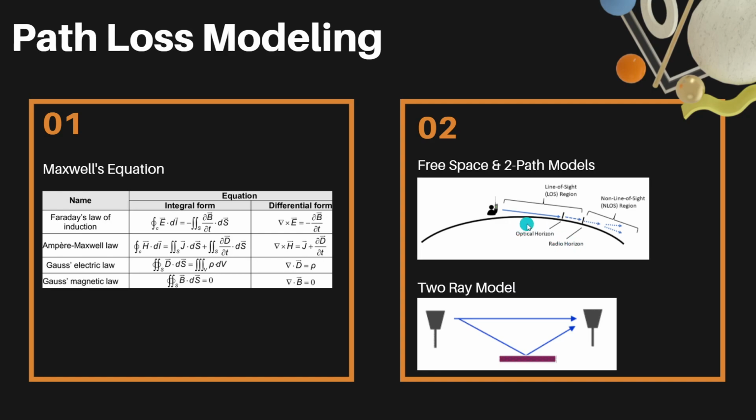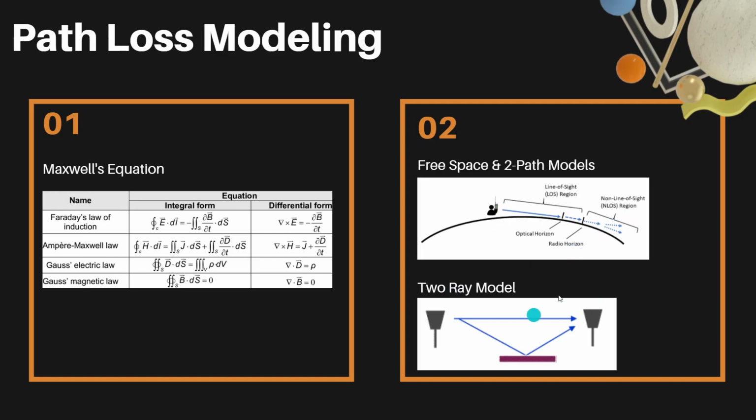The first one is the free space model, or the line of sight model. Line of sight describes the propagation of a signal without any obstruction to the receiver, such as, in this image, the curvature of the earth. It can also be buildings, mountains, etc. In general, the free space model characterizes that power falls in proportion to the inverse of the distance squared, proportional to lambda, the wavelength, squared, and inversely proportional to the frequency squared, which is caused by the effective aperture of the antenna.